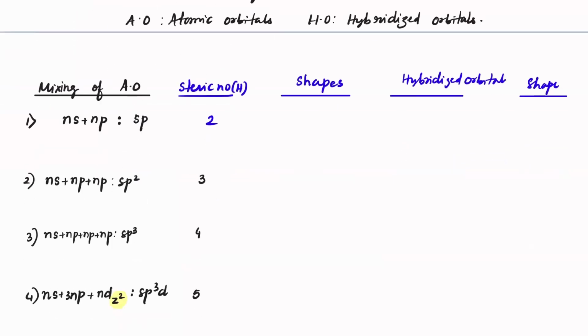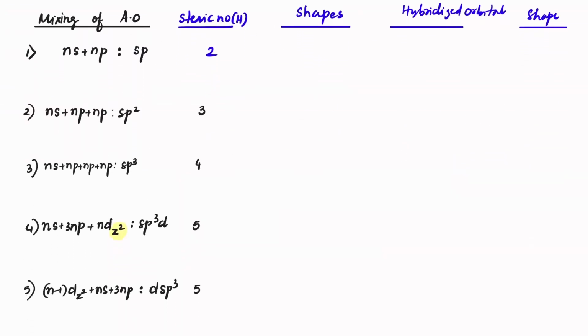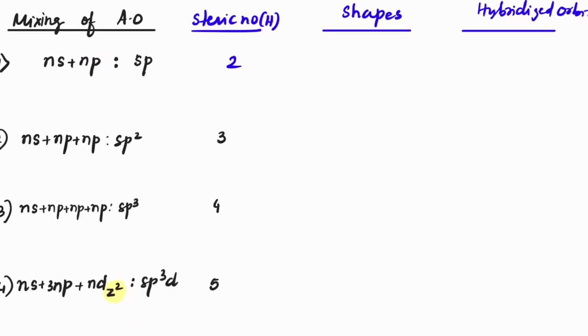So first, let us understand the table, how many hybridized orbitals are involved. Starting with two atomic orbitals, one s and one p, and imagine both of them are from the same shell. In that case, we say that the steric number is 2, and the shape which it forms. What are the shapes we have? It has